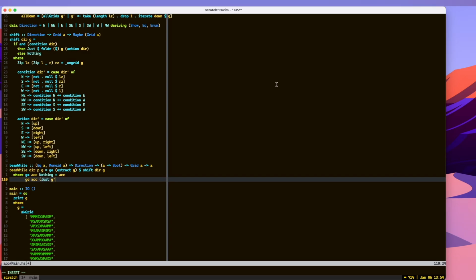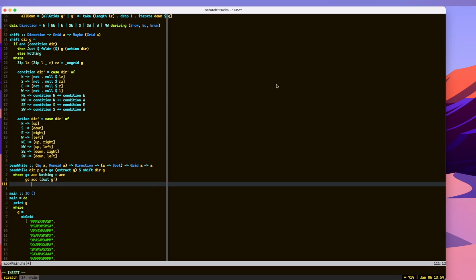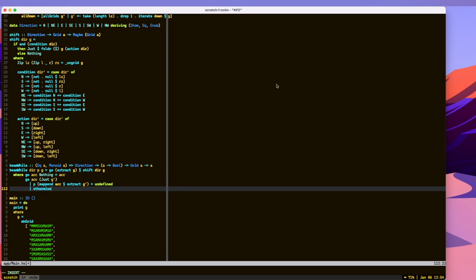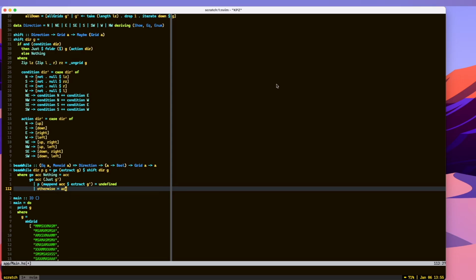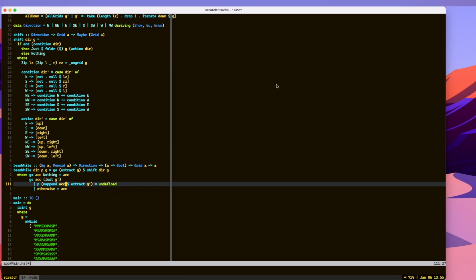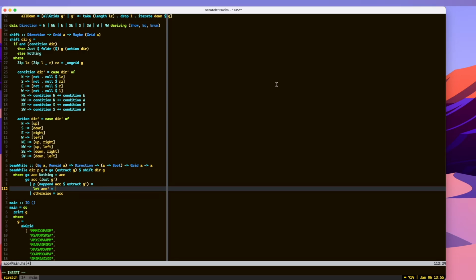Otherwise, we were able to shift into the direction we wanted to. And what we can do now is make sure that our predicate holds. If our predicate holds for the appended result, so the current accumulated result plus whatever we have currently focused, we know we might have to continue. If this does not hold, the predicate was false and we should abort. So we can again just return the accumulated result. So if it holds, we have a new accumulated result, and again we do an append, extract G prime,